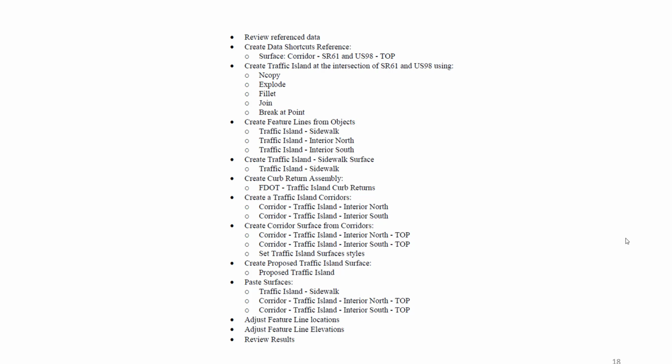Chapter 9. Create a traffic island. In this chapter you will create a traffic island at the intersection of State Road 61 and US 98. In this chapter you'll learn about reviewing reference data, creating data shortcut references, creating a traffic island at the intersection